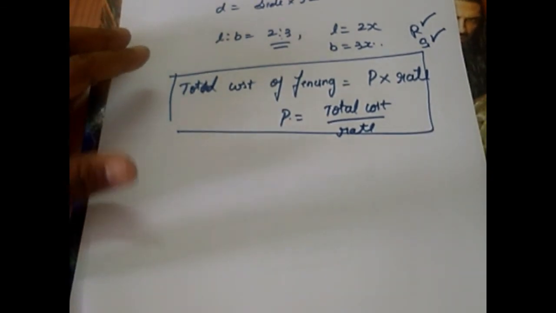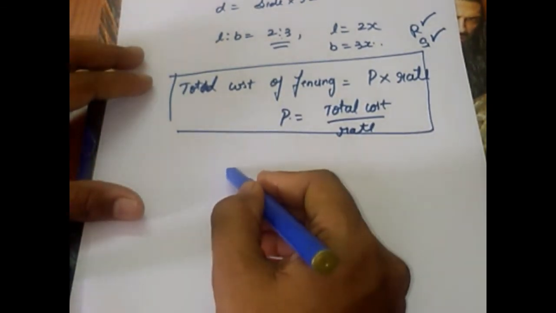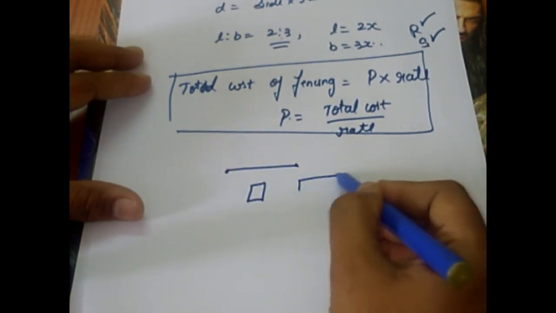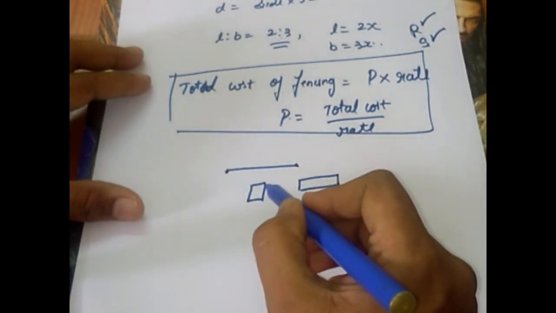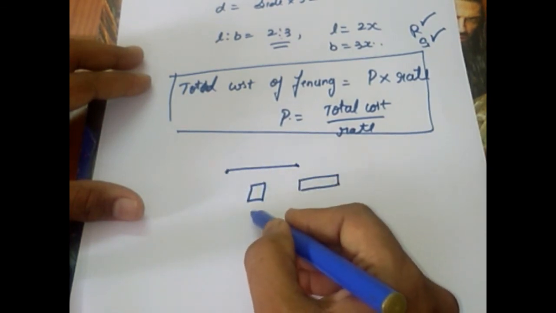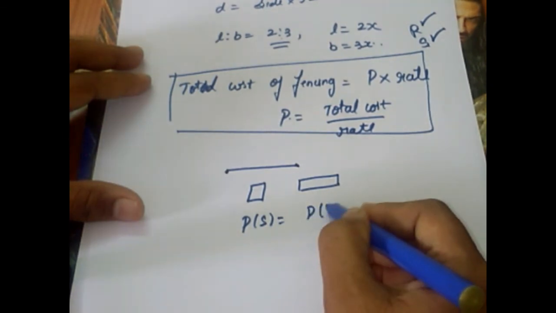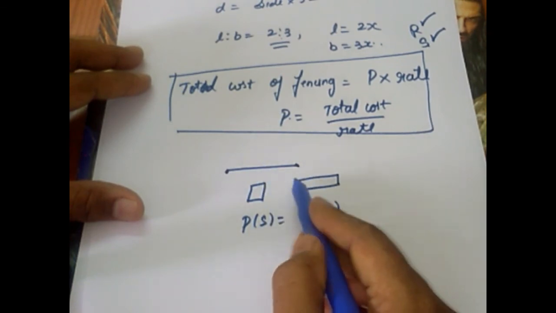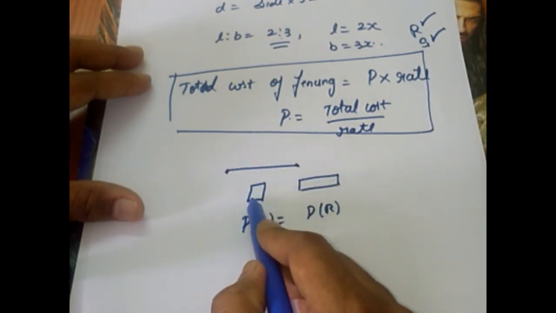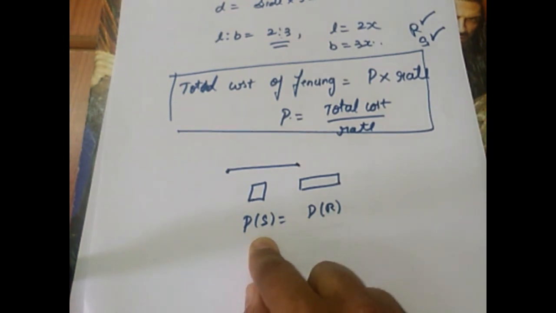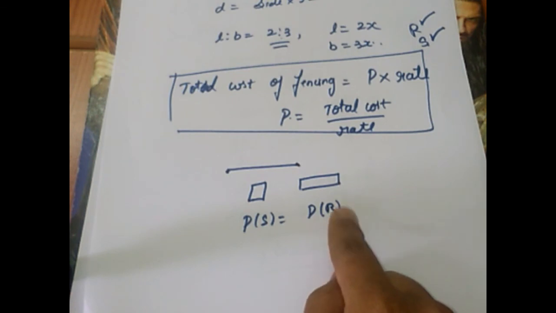And the last concept we have discussed in the last question is, when a wire is bent to form the shape of a square and the same wire is used to form the shape of a rectangle, what happens with the measure? As the length of the wire used is the same, we consider that the perimeter of the square is equal to the perimeter of the rectangle. It can be vice versa also. First the wire can be used to form a rectangle, later it can be converted into the shape of a square. Whatever the situation, the concept is the same. The perimeter of one two-dimensional figure is equal to the perimeter of the other figure which is formed with the same wire.